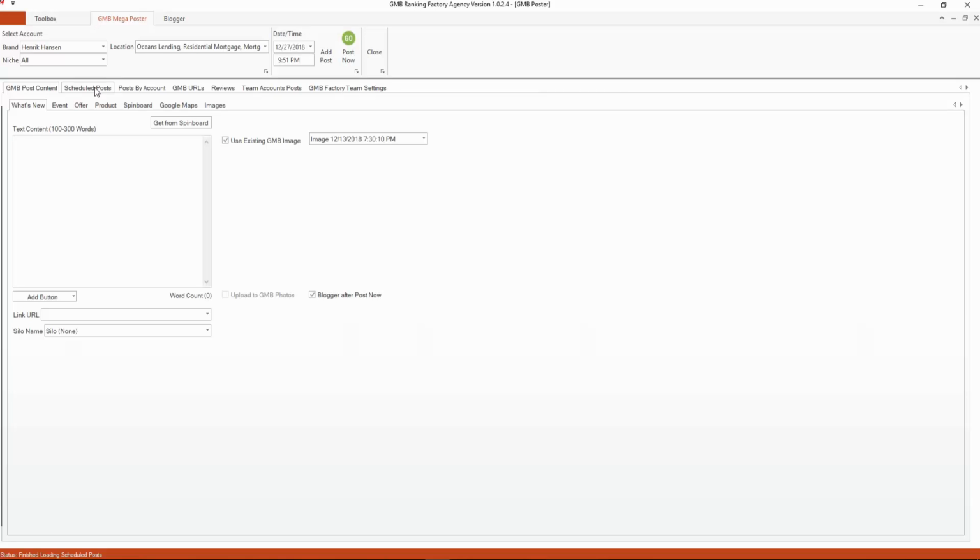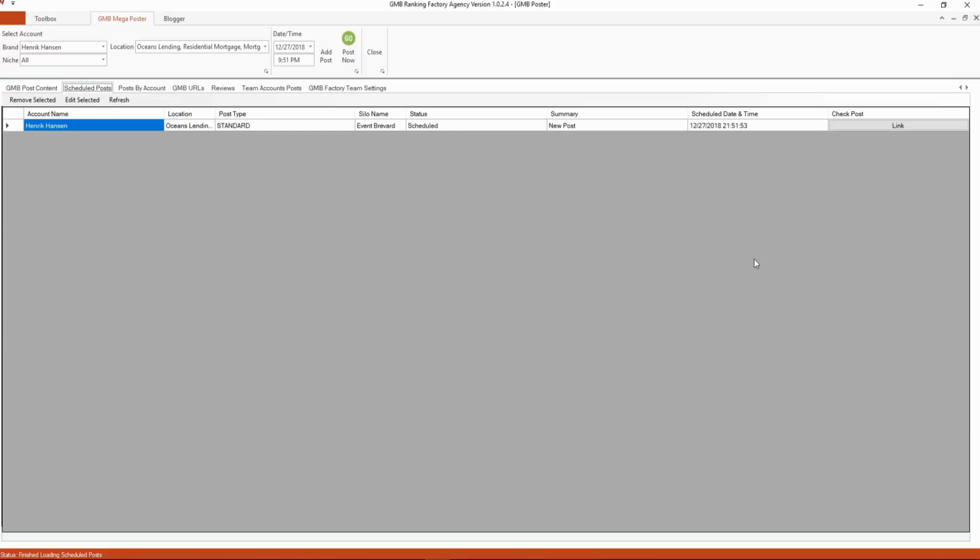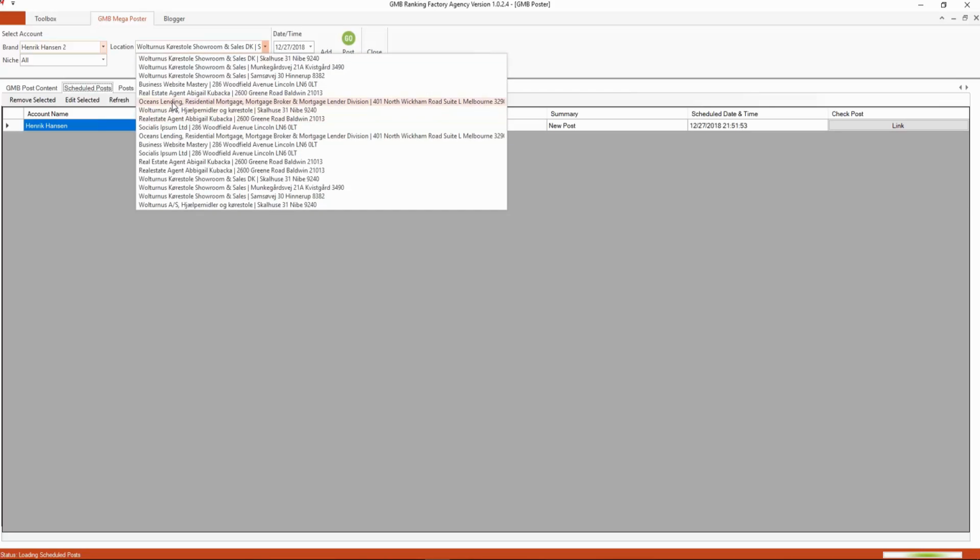So let's see what happens. I go into my scheduled post, and here I have a post 21:51 that's been posted. If I refresh, this is the only post that has been here. So if I go and choose another account, it will go up and query the API now. It will come back with the accounts for this GMB, or sorry, for this one, and I'll go in and